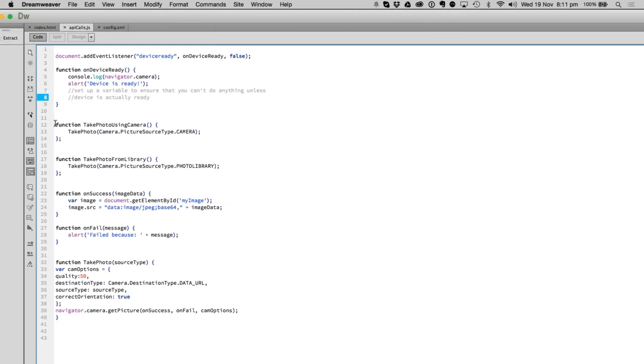So here they are, function takePhotoUsingCamera and takePhotoFromLibrary. And they are both actually calling a function called takePhoto. Now I copied and pasted this. I didn't even write it myself. I stole it straight off the internet in order to have something to show you tonight. So this takePhoto function has a parameter called sourceType. If we want to take a photo using the camera, we'll use camera.PictureSourceType.CAMERA, and if we're going to use the library, it'll be